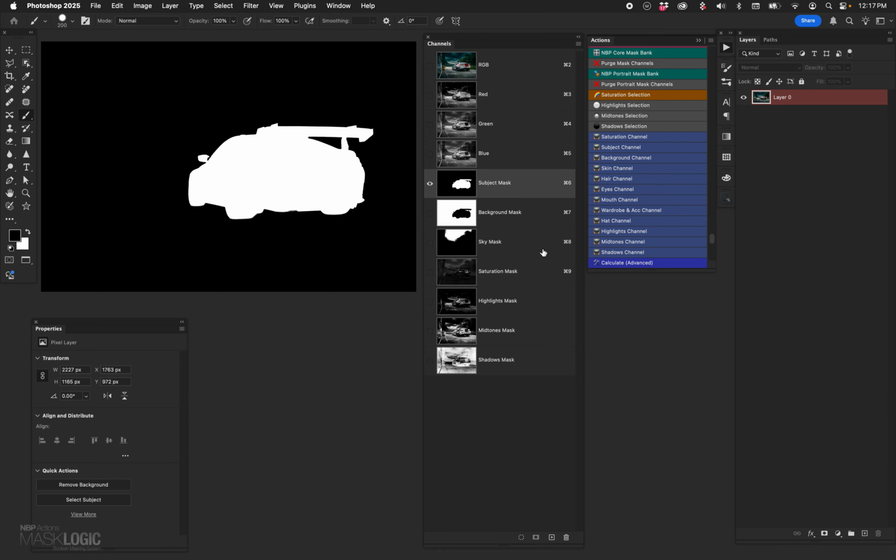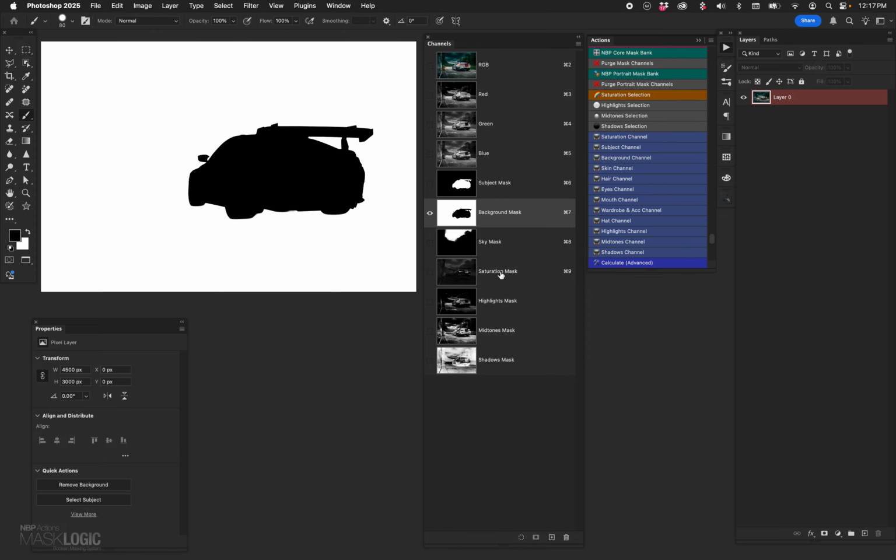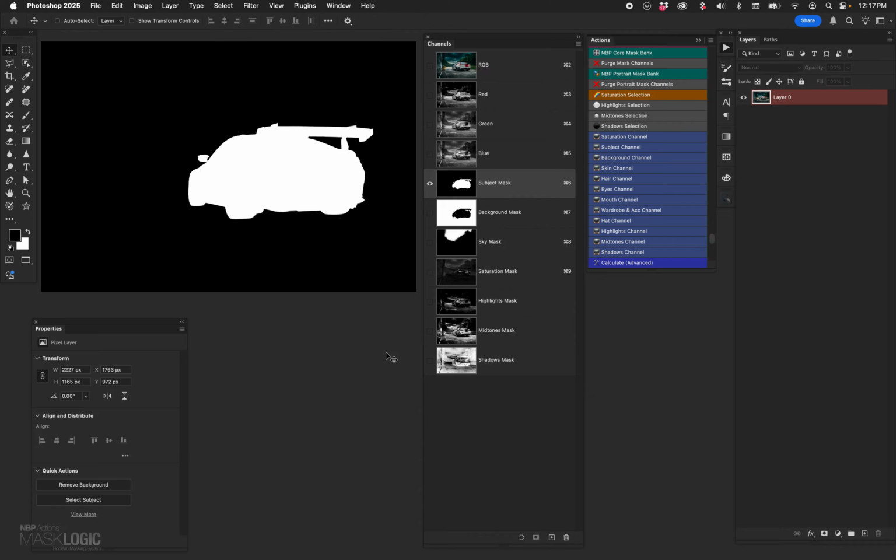This is common channel mask creation and modification. So don't be scared that this is permanent. You can clean it up a little bit if you want to, okay? If you needed to get rid of the side view mirror, you can just clean that off. And granted, there's also the background as well, so you have to consider that. But it's just pixel data, and you can modify it to create these raster masks any way that you need